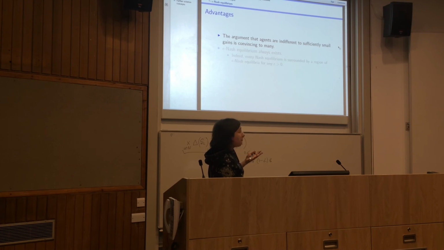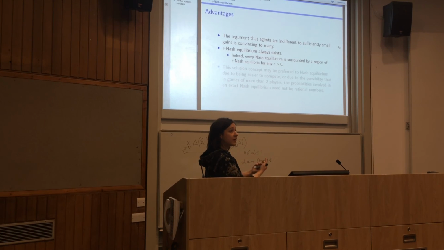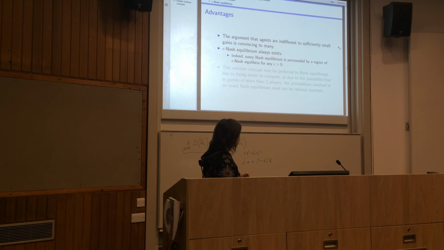Now this is reasonable because indeed some players may be indifferent to small changes in their utility, so there is some inertia in that. And of course, epsilon Nash equilibria always do exist, because in particular Nash equilibria are epsilon Nash equilibria for epsilon equals 0. And every Nash equilibrium, in fact, is surrounded by a set of epsilon Nash equilibria. So there are many of them around every Nash equilibrium. But more than that,